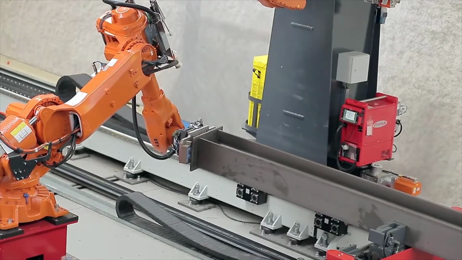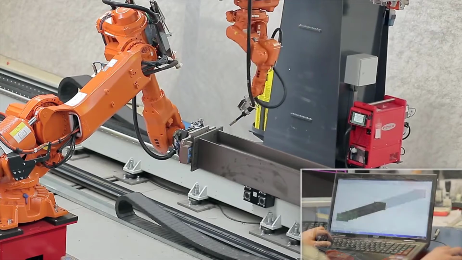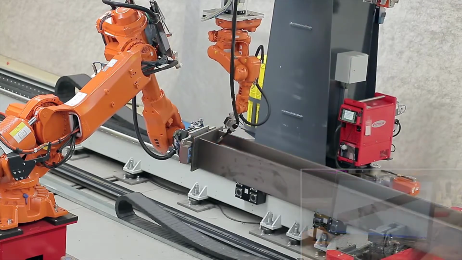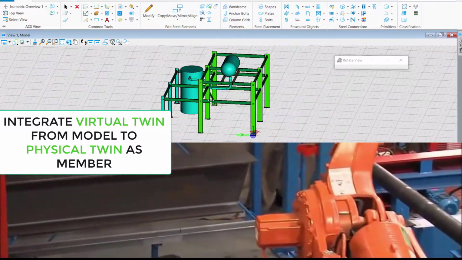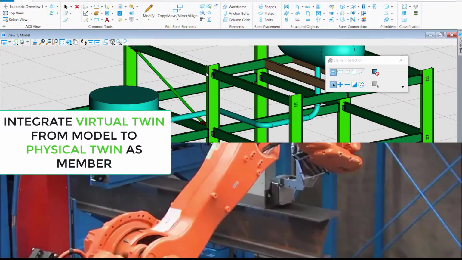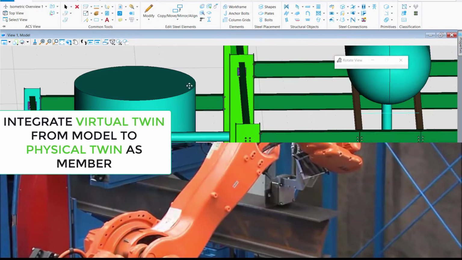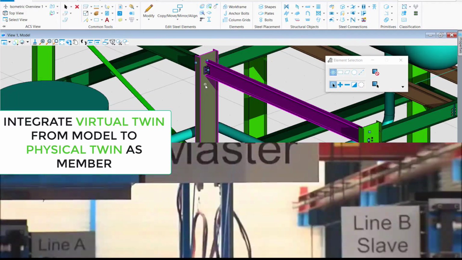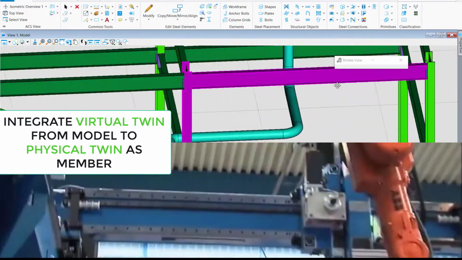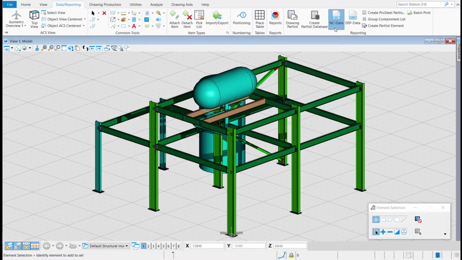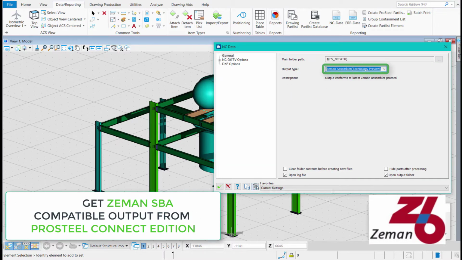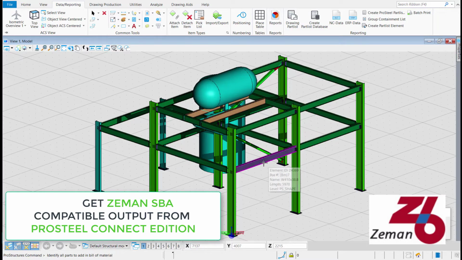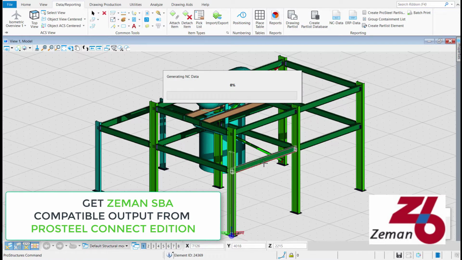completely assembles a steel structural part, right from scanning the attached parts to welding them at appropriate locations on the main member. However, this Siemens steel beam assembler accepts the input data in XML format only. In order to help structural designers, detailers, and construction companies to be able to maximize their production, by use of this automatic steel beam assembler, Bentley's ProStructures Connect Edition has offered a robust solution to overcome this hurdle.